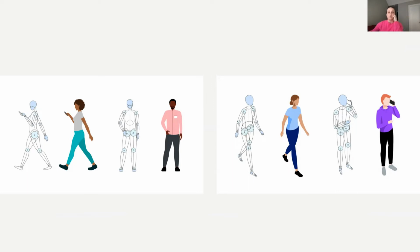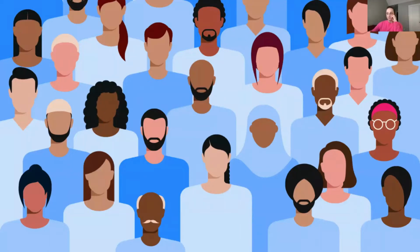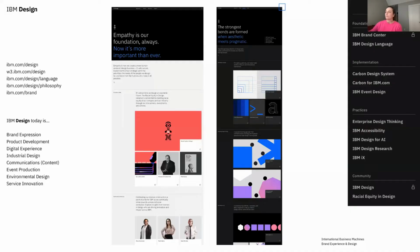And we just released the first iteration of the people illustration on our site. As a global brand, we have to make sure that we cover the trajectory of everyone, of genders, of ethnicities, to be relevant, to encompass everyone out there in the world that interacts with our brand. And then these next few slides show an overview of what has been built from this